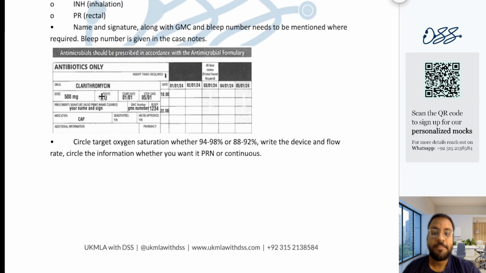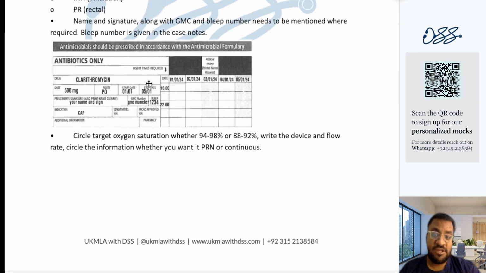Then what you need to do is make sure that you write your name and your sign along with your GMC number and a bleep number. You can see over here that there is a bleep number written, 1234. There will always be a bleep number given to you in your case notes. So whenever you're reading the case notes, always check whether you have a